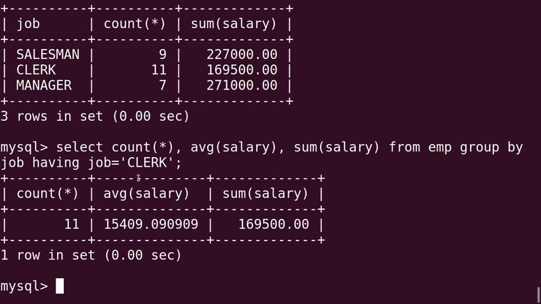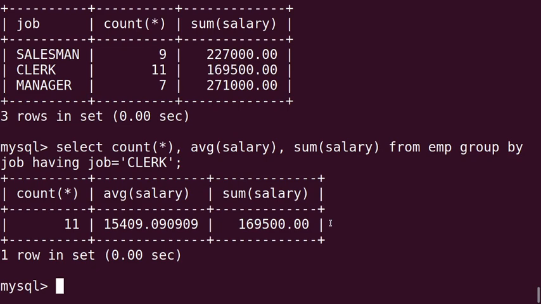For clerk, 11 total clerks are present in the table, their average salary is 15,409.09, and the sum of the salaries of the clerks is 1,69,500, which we saw earlier.